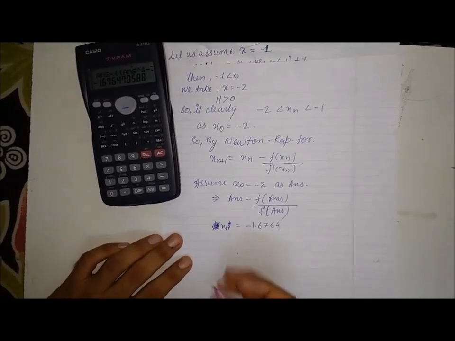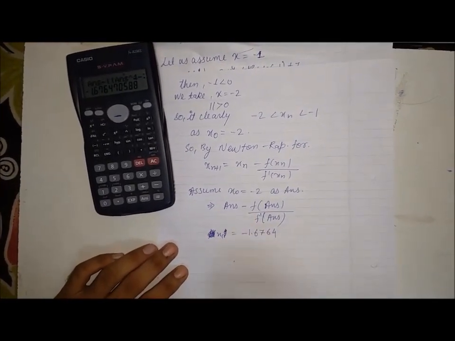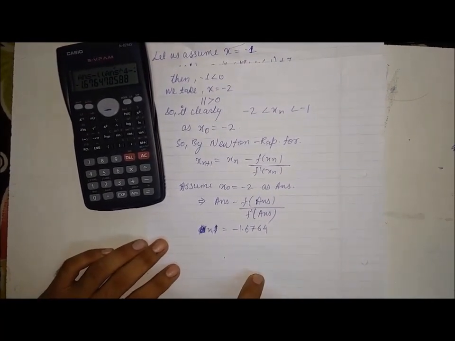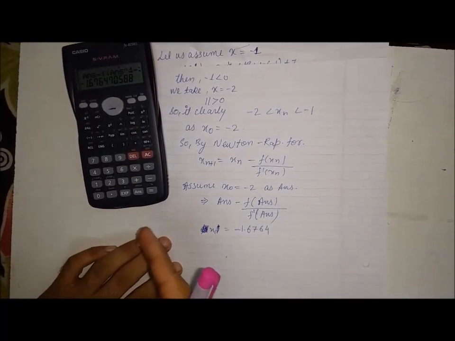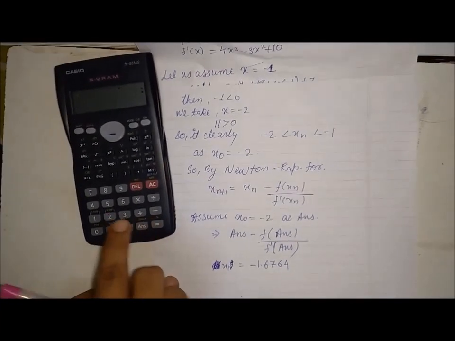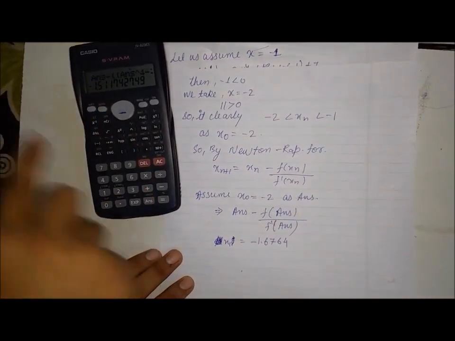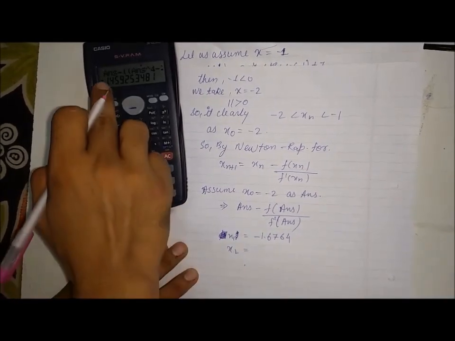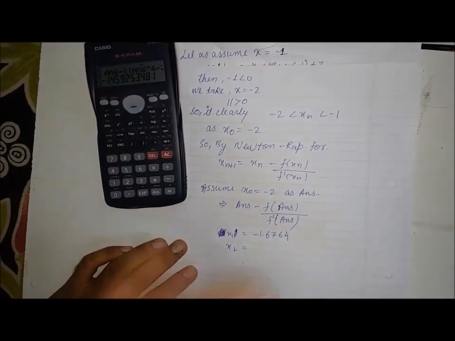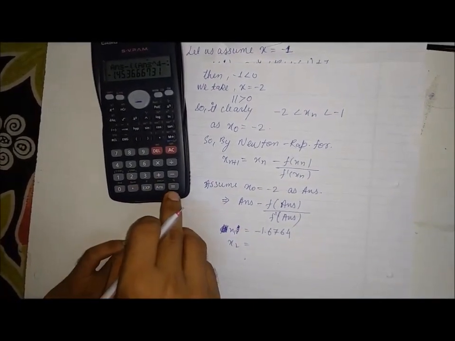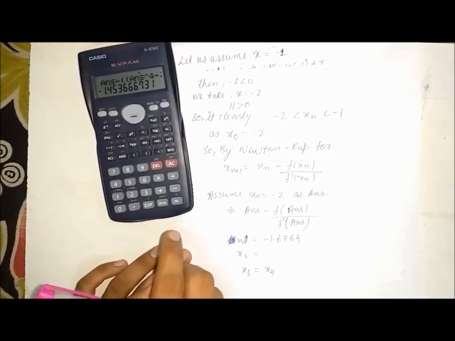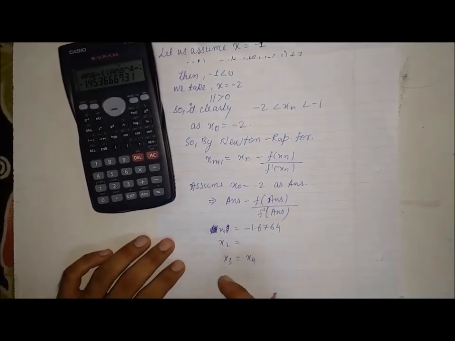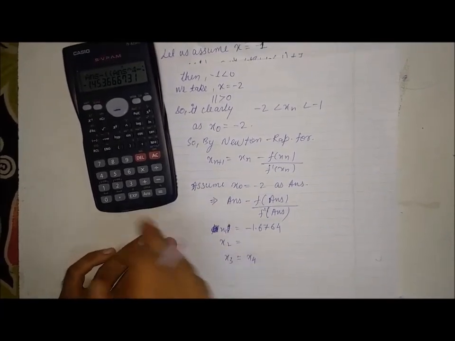In the same manner, we have to find x2, x3, x4 till two values of x do not match together. So this will be a lengthy process again. Just to find the next successive value, just click on the equals button. The value which comes next on the calculator shows your x2. Then again for x3, just click equals again. In the same way, just by clicking on the equals button, we get the various values x1, x2 and x3, and continue.